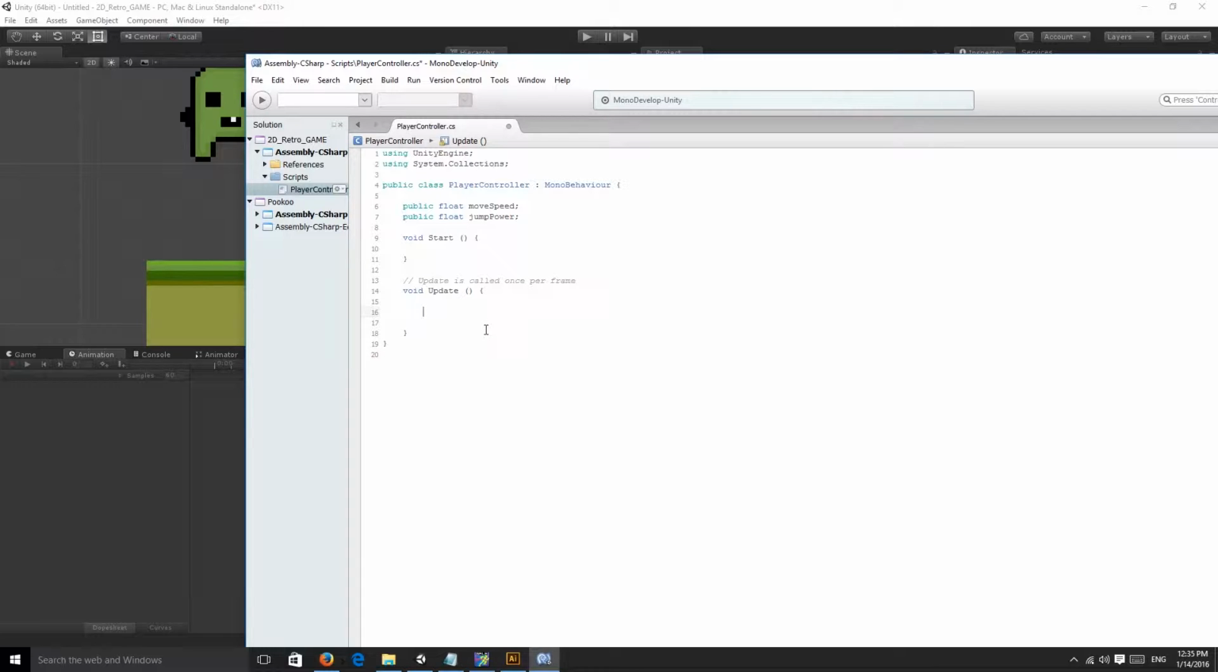Okay, so now we go down to void update. Void update is basically accessing the frame per frame. I hope I'm saying that right. I hope that makes sense. Since we got our public float move speed and public float jump power, what we want to do is